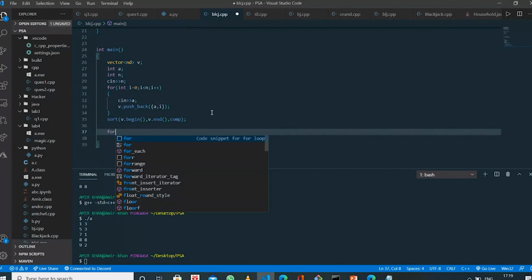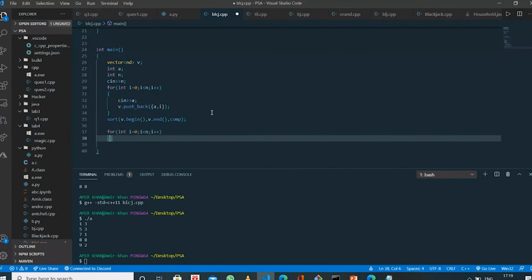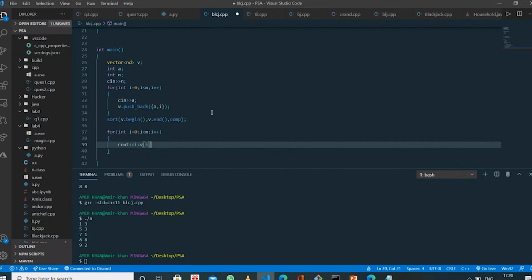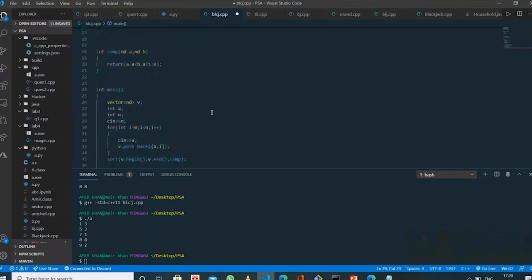So again I will run a loop, i less than n, and I will print i plus v.b of i. b was the index.